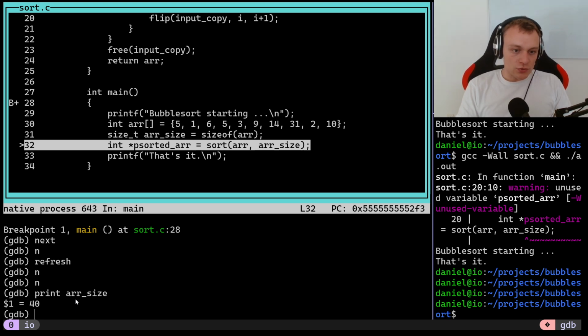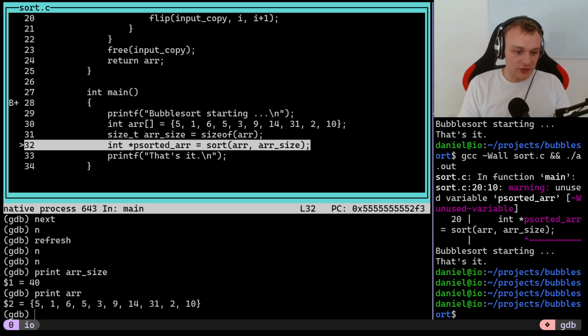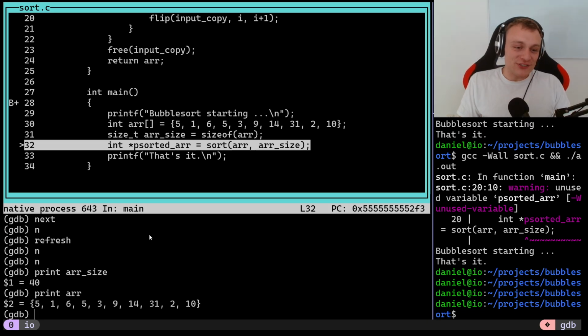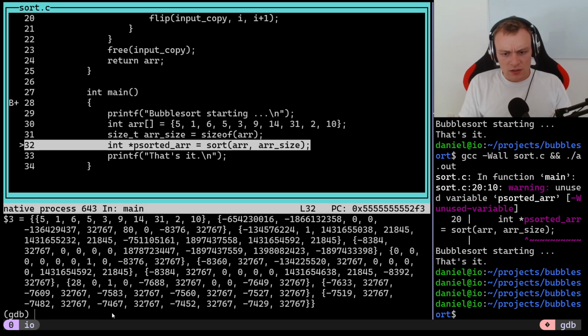If we, for example, want to print out the array, we can't just do print array because, oh, we can. Okay, if we used a pointer, I think this wouldn't just work, but we will see that later. There's a special syntax for those. There's something like print array at 10. So you specify the array you want to print and then the 10 elements, and that will print